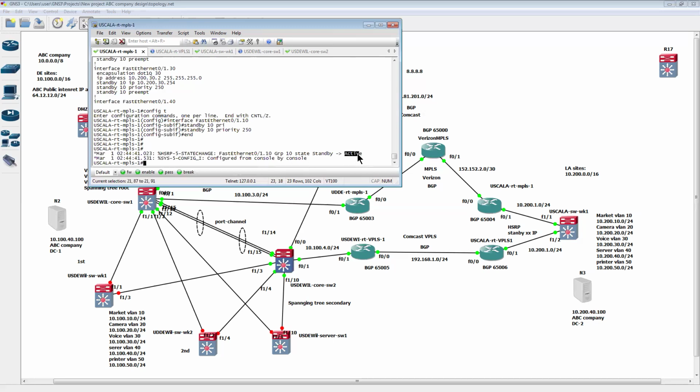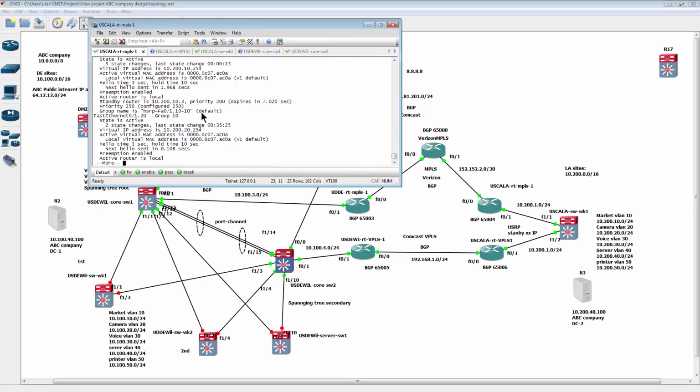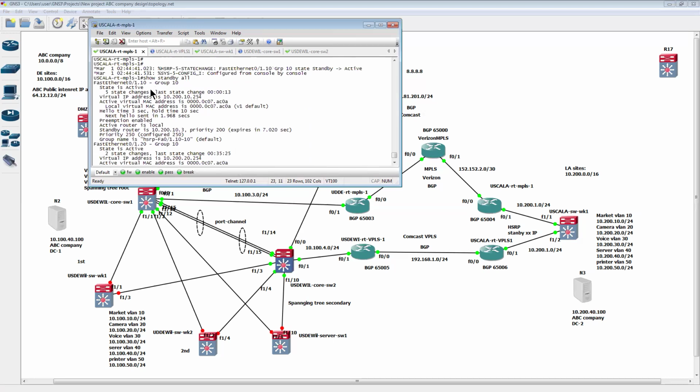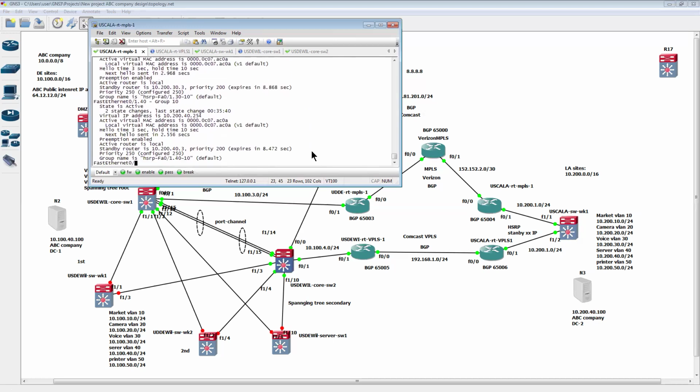It's going to become active again. Then we want to verify again. Show standby. All right, so now are they back to here? VLAN 10 is active, and local standby is the VPLS. Beautiful. Okay, so now we go back to the switch again in here. Maybe we have some server in here, or we have some user